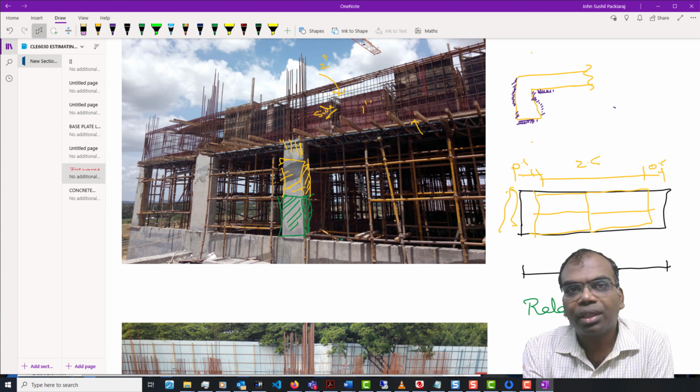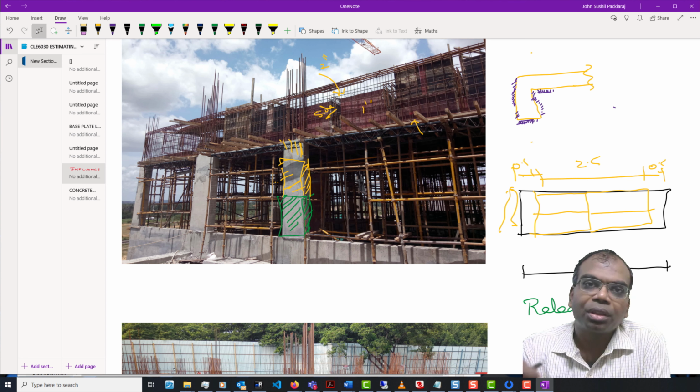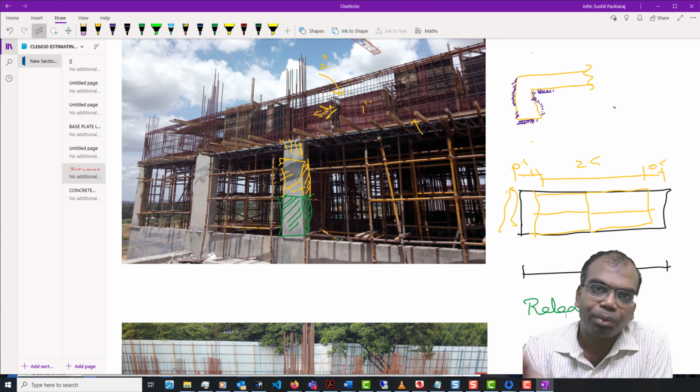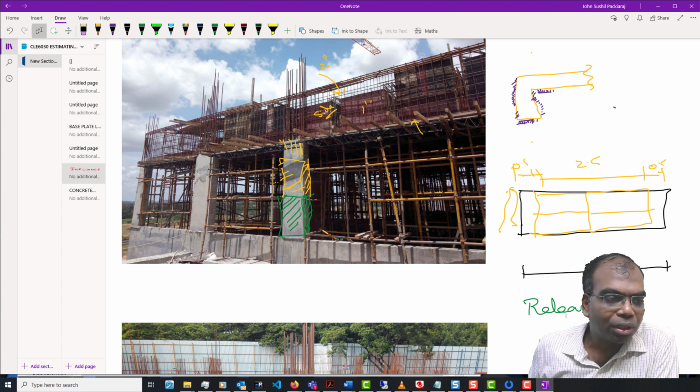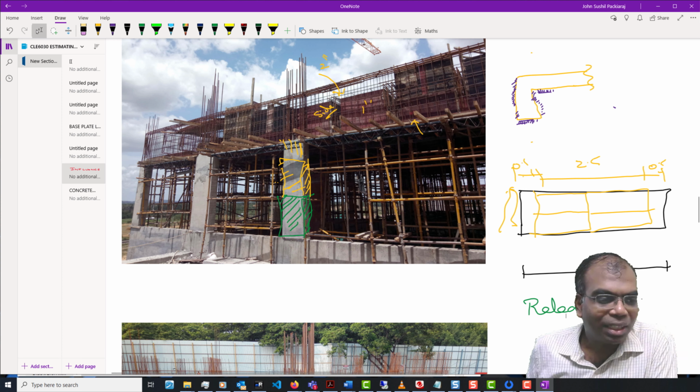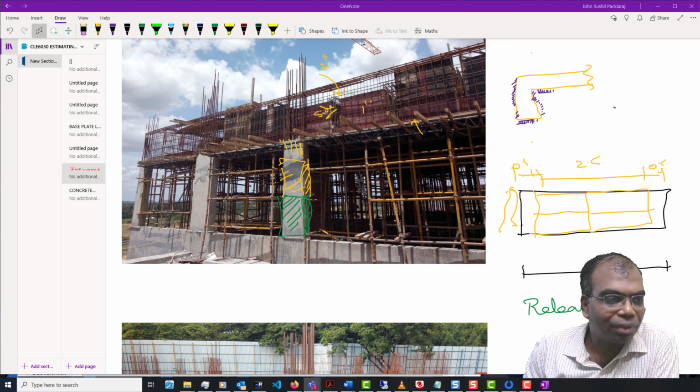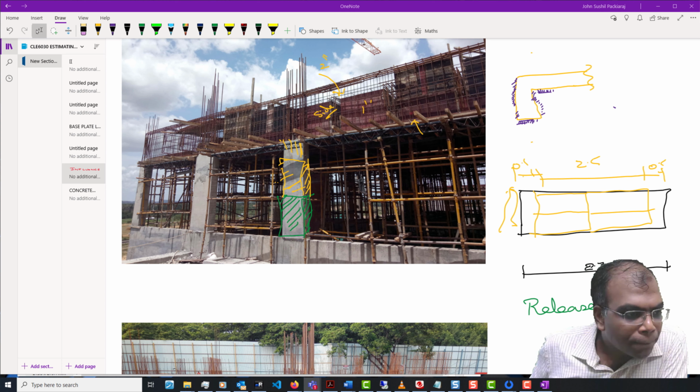So after that, concrete is not only the concrete, it is also the shutter. We saw that where the shutter is being put influences the cost, and also other things like props. Maybe you go for steam curing or other things, and you may find that you are able to release the concrete quickly. Or the sad part is, if you use a material like GGBS, the concrete gains strength very slowly. It's going to be very tightly bonded. Okay, it's very difficult to remove. Okay, so any questions from your side, please?